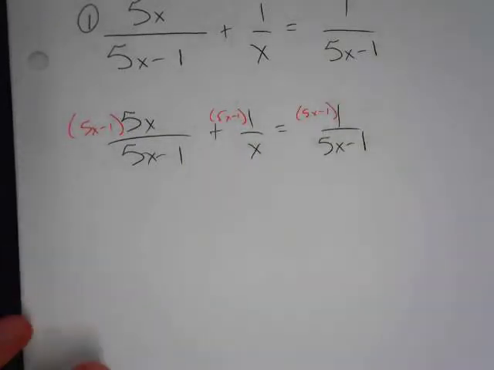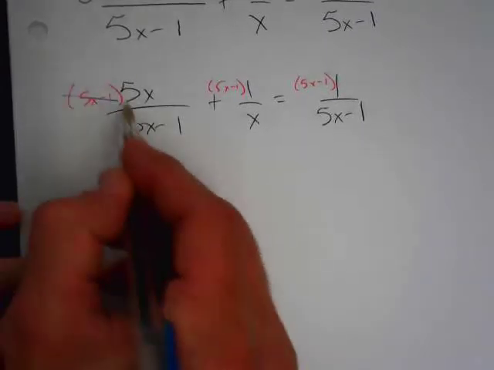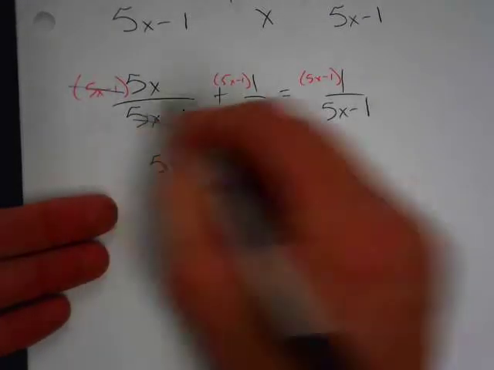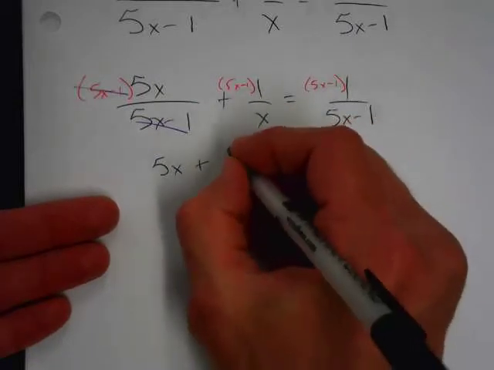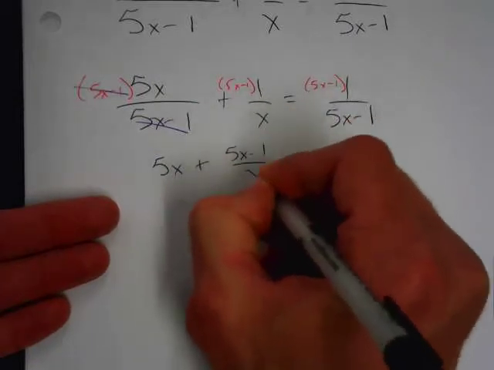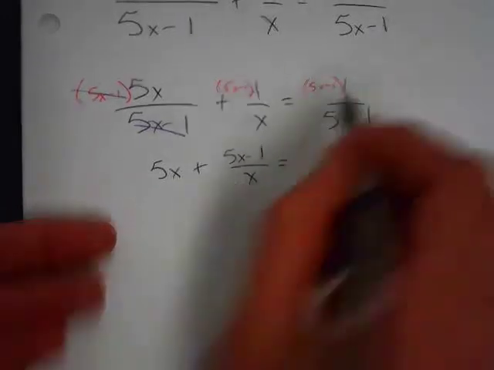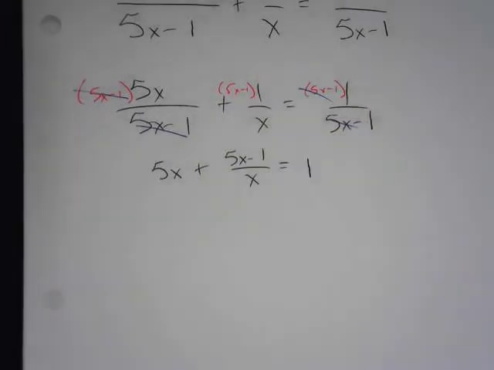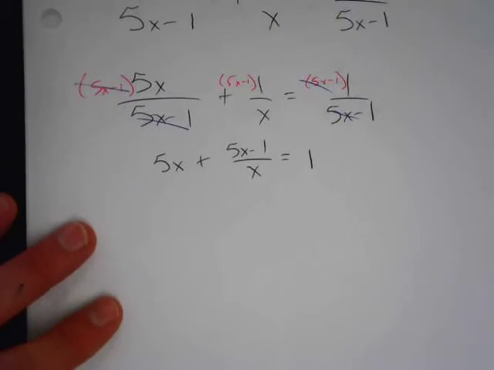Okay, remember why we were clearing fractions: giant 1s cancel. You can see in the first number that giant 1 cancels, and that leaves us with 5x. In the second number, there is no giant 1 to cancel, so that basically stays 5x minus 1 over x. And in the number on the other side of the equal sign, the giant 1 cancels, and that leaves us with 1. So we have attempted to clear fractions, but clearly we're not done yet,